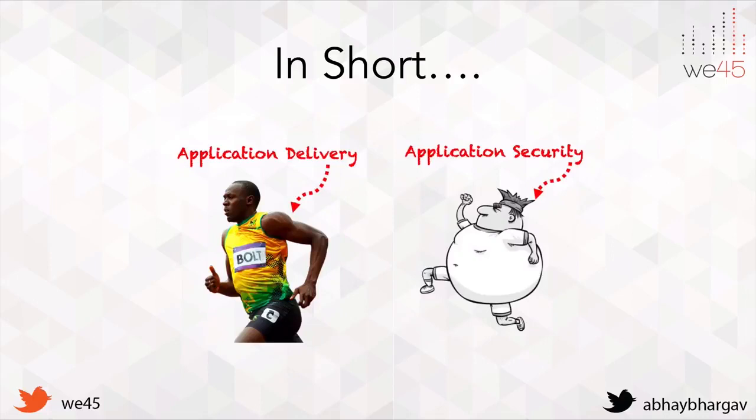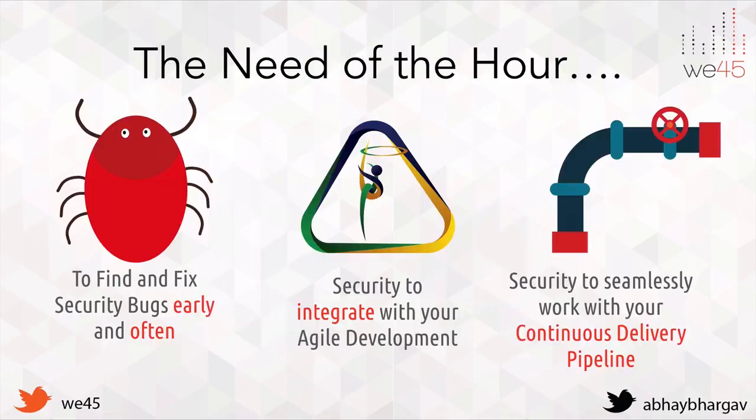So in short, what we're seeing is that application delivery is going really, really fast, and application security is trying really, really hard to catch up. But the application security process, I'm sure as you could see, is failing to catch up. And that is why we need something more scalable. We need something that is a little more DevOps oriented. We need to also invoke certain types of automation. We need to solve these problems a little differently than we used to before.